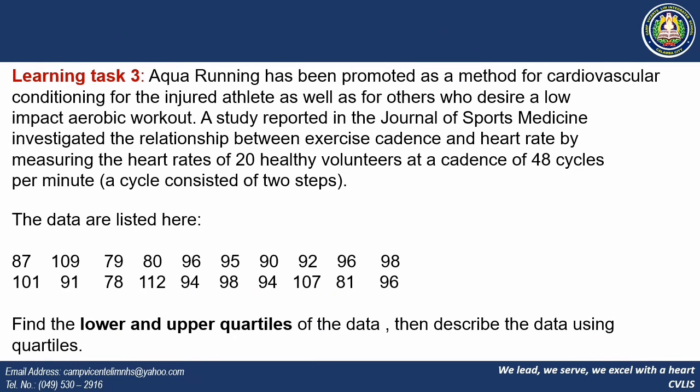Learning task number 3. Aqua running has been promoted as a method for cardiovascular conditioning for the injured athlete as well as for the others who desire a low-impact aerobic workout. A study reported in the Journal of Sports Medicine investigated the relationship between exercise cadence and heart rate by measuring the heart rates of 20 healthy volunteers at a cadence of 48 cycles per minute, where a cycle consists of 2 steps. The data are listed here: